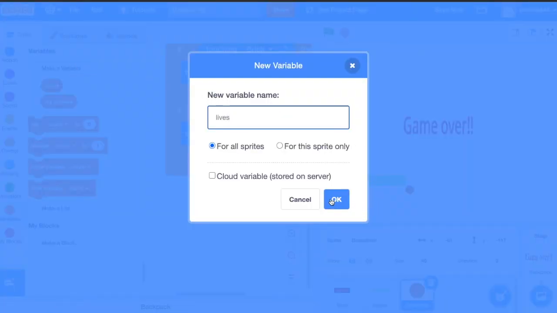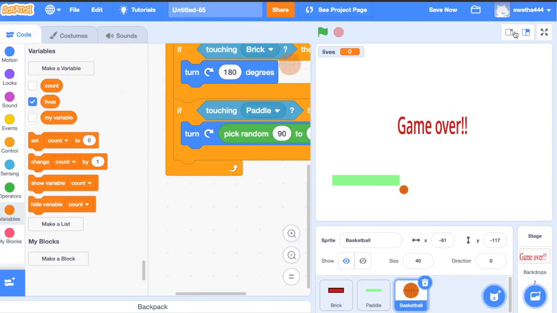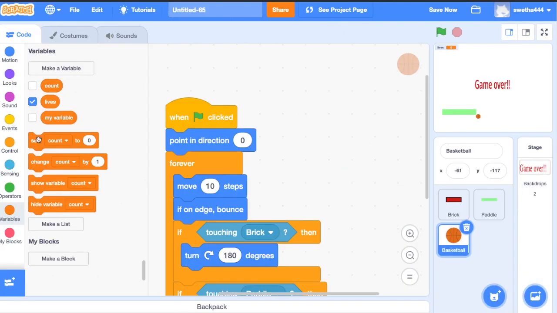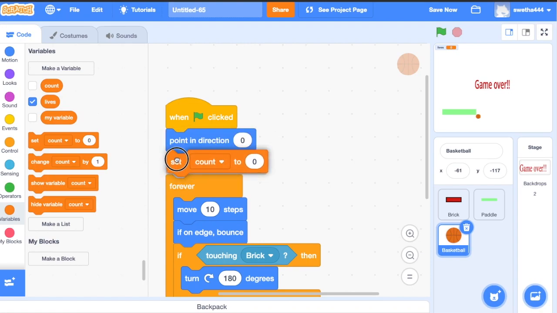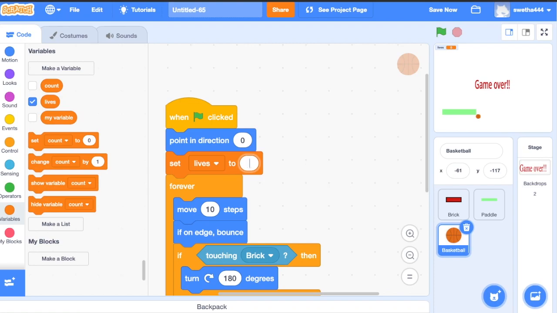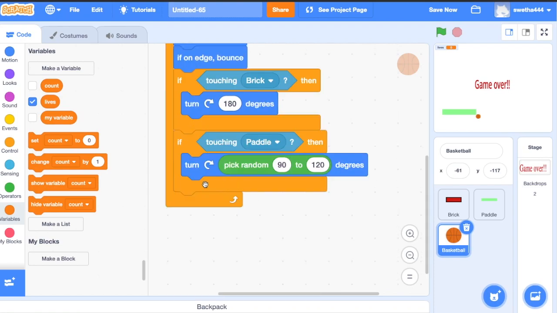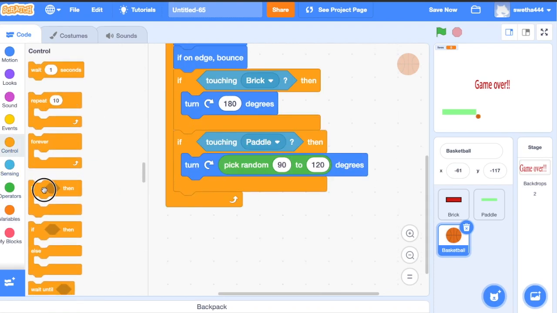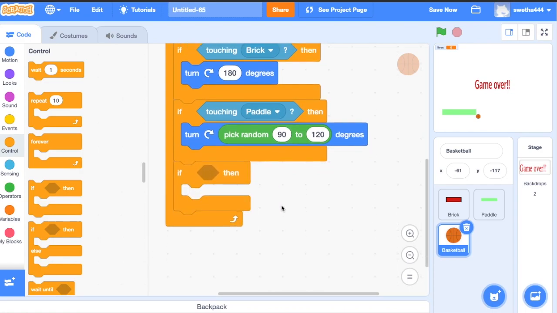I am going to give 3 lives for the ball. Set lives to 3. Then click on controls, if the ball Y position is less than paddle Y position, I am going to reduce the life count.